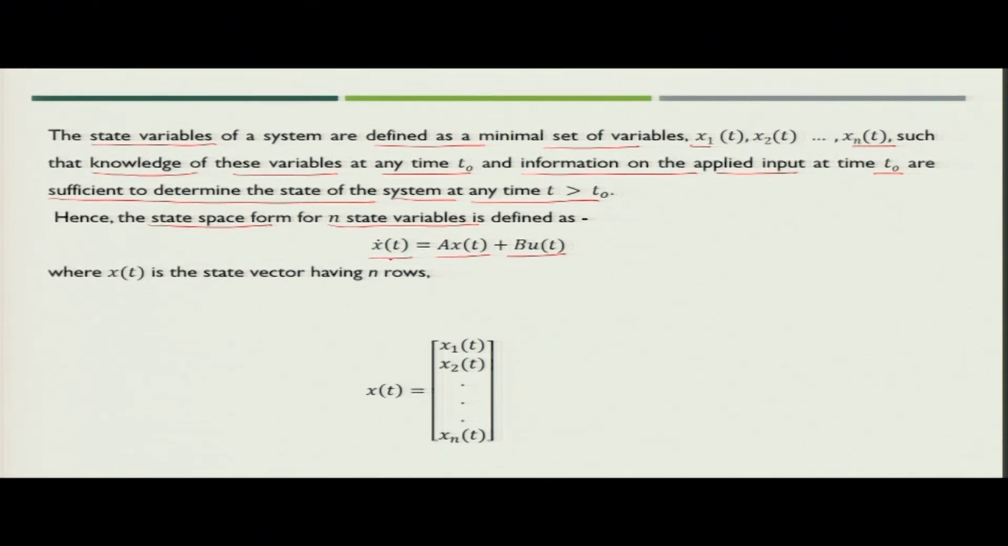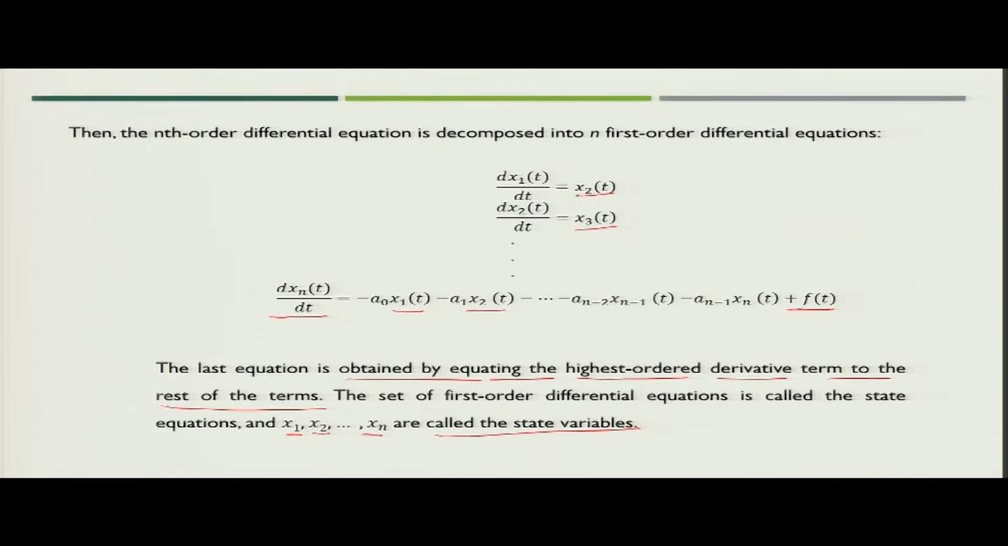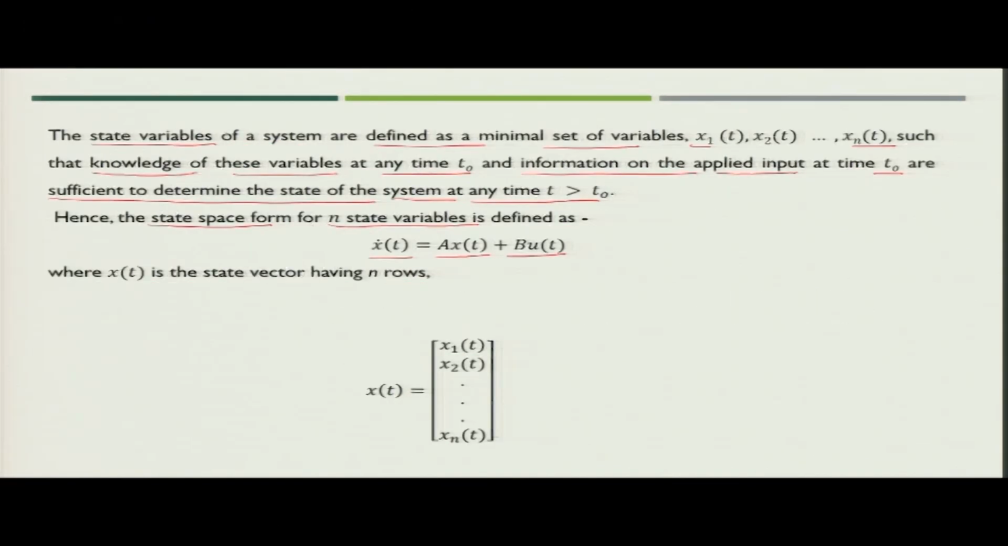x dot t is nothing but dx by dt of the individual state variables, which we just saw. So, here dx1 by dt is equal to x2 t, you can write as x1 dot equal to x2 t. So, when you compile all the equations which you just saw in this slide, you can represent them in matrix form as x dot t is equal to A x t plus B u t,